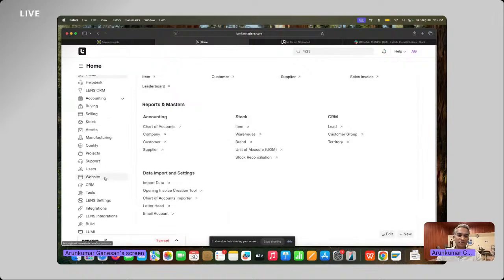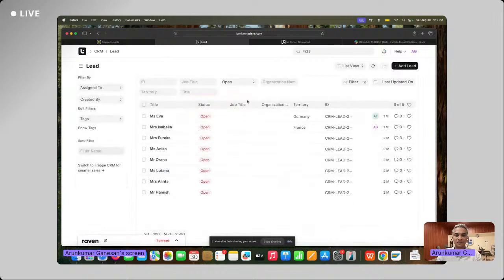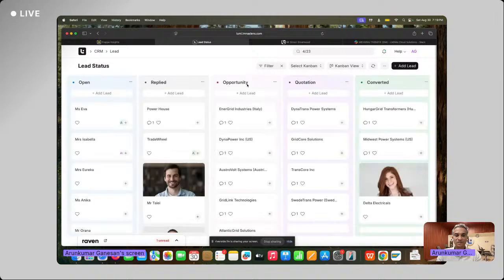And for example, if I go to the lead dashboard, I mean lead status, if I go to the Kanban view, for example, I have different stages of these leads, and I could only understand these leads are in different stages. And what insight am I getting? I'm not getting any insight, right? But